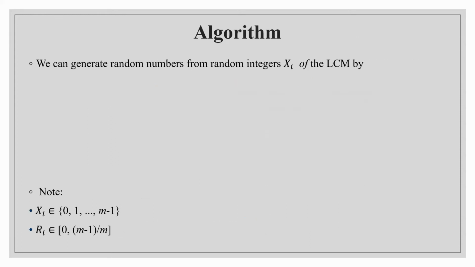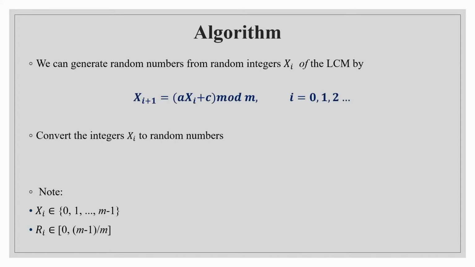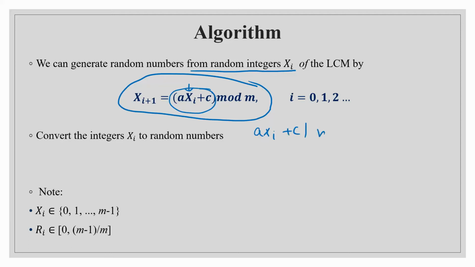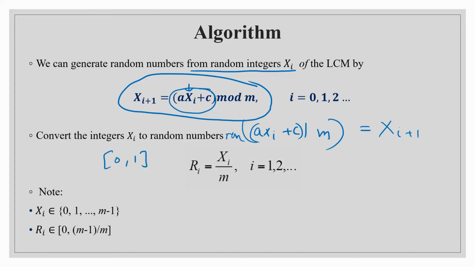So let us just summarize the algorithm we have seen over here. We can generate the random numbers by this recursive relationship. Here this is the seed, we need to multiply this with a, then we have to add a constant, and then we have to divide this number with m, and after dividing, whatever is the remainder is my next value. If we want to convert this into random numbers in between 0 to 1, we can divide whatever is generated simply with m. So we can get the random number that is uniformly distributed in between 0 to 1.